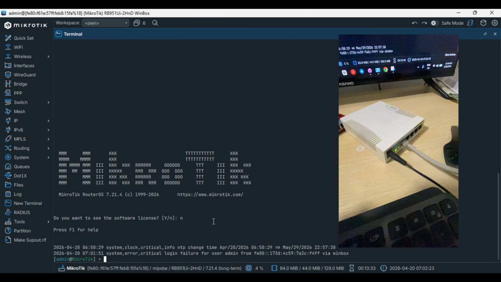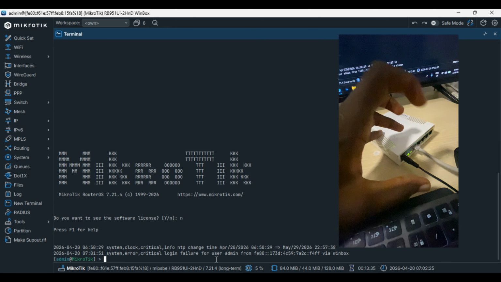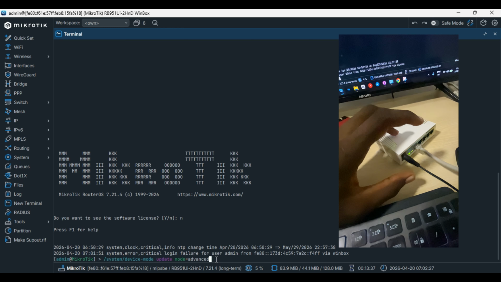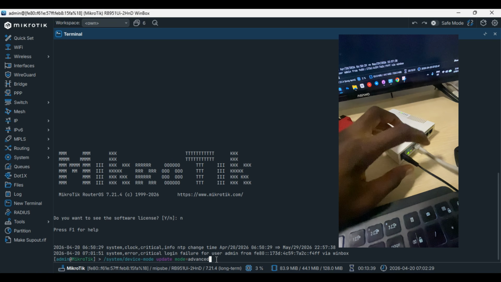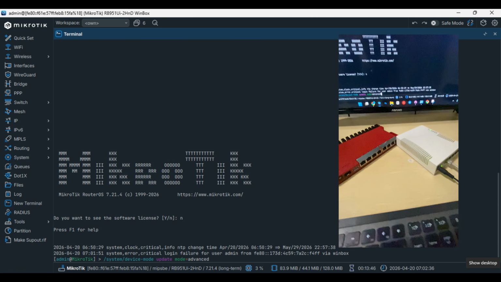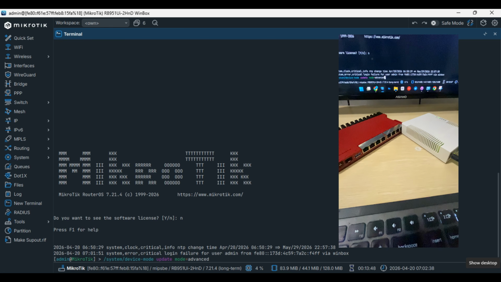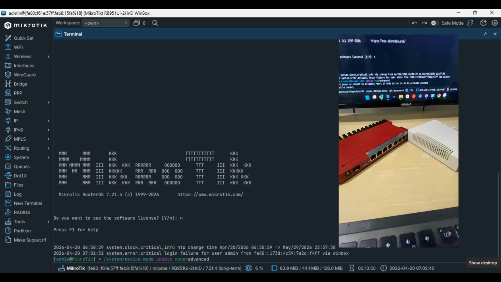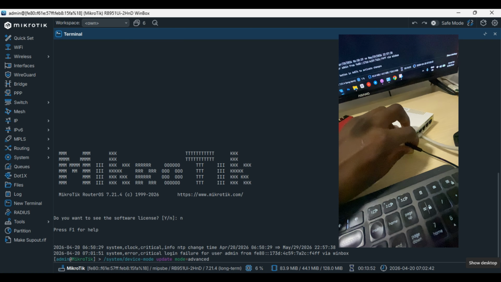The configuration will fail. It's very important. You just copy and paste it here and click on enter. Then after that, let me show you. You come to your router like this, and then you just remove this. You remove it, and then for like 2 seconds or something, you put it back inside